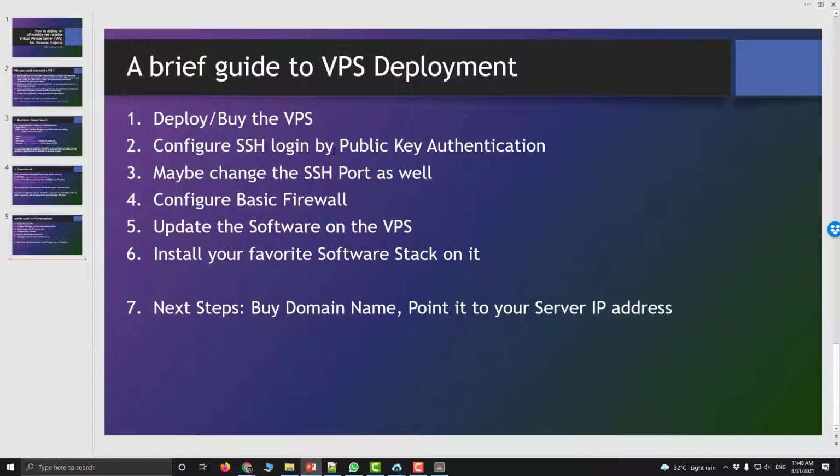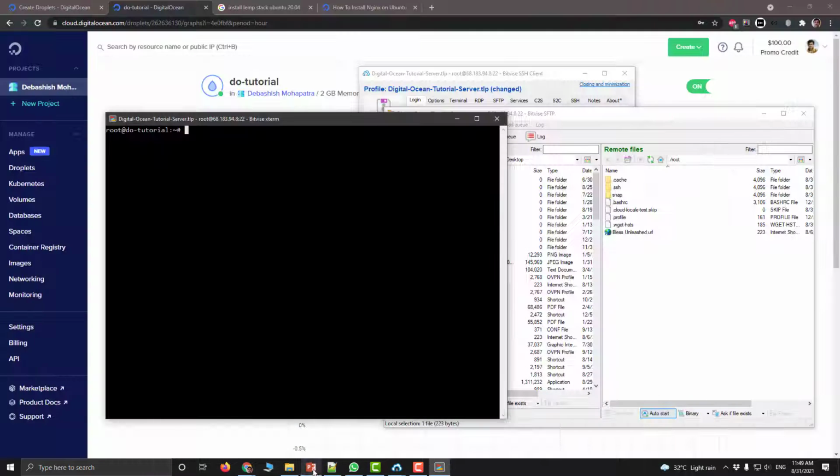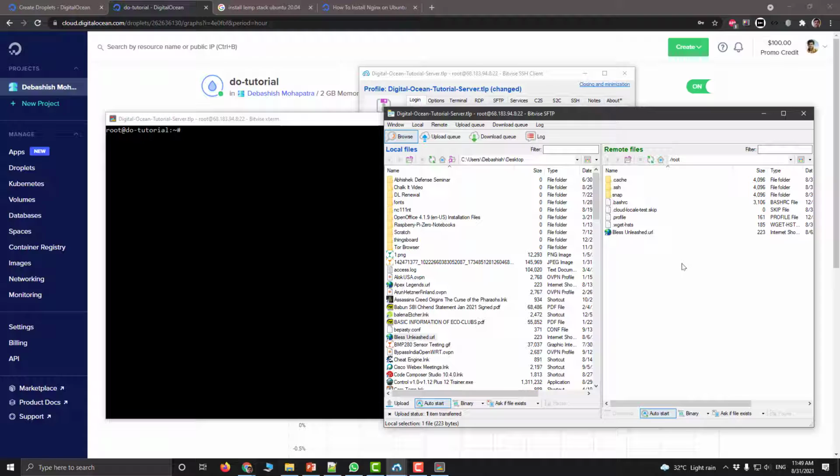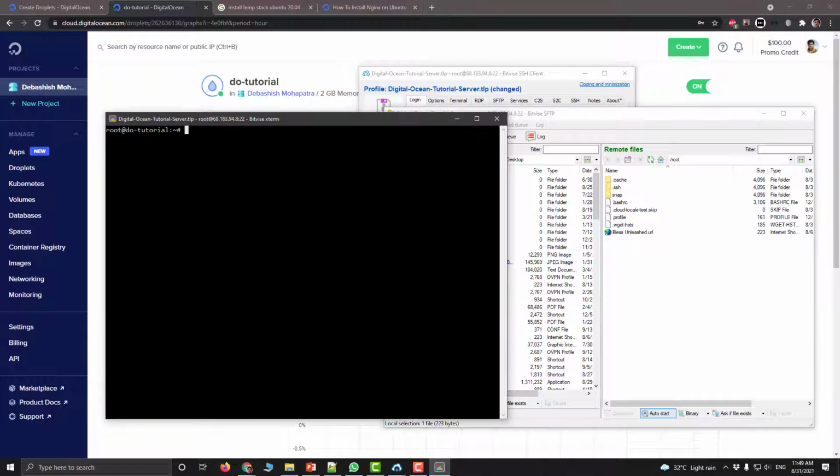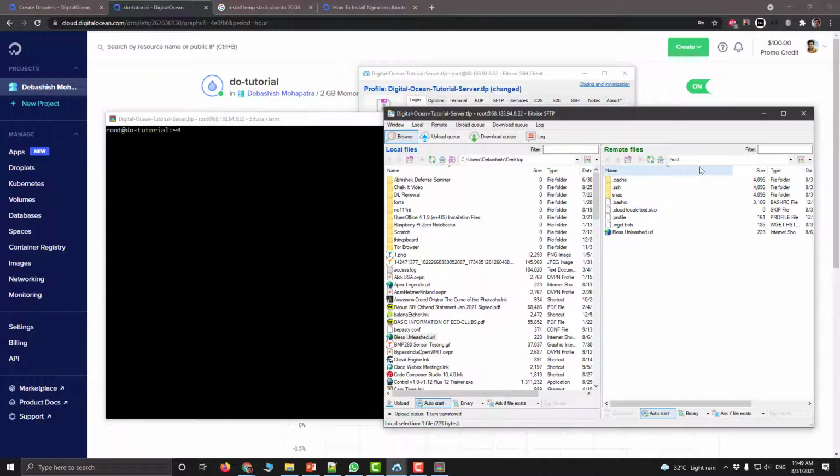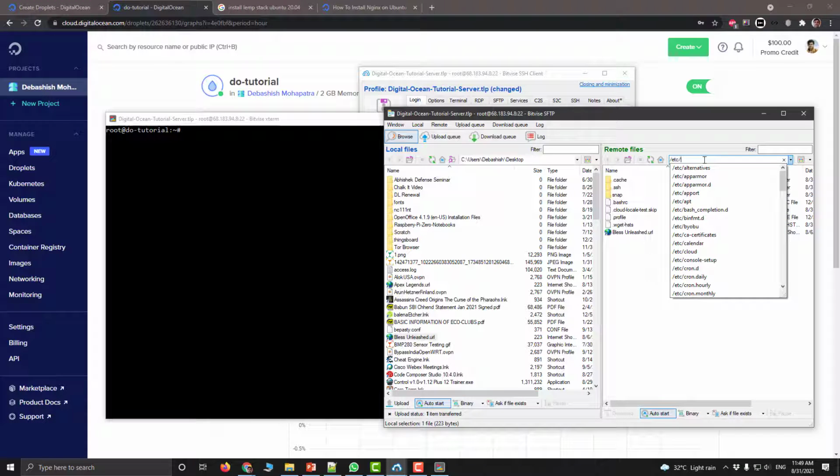As you can see, configure SSH login by public key authentication, and then SSH port. Now this is optional. The thing is, there are many bots on the web. So if you are leaving the server on 24/7 for years or months to come, then most likely they will try to hack into your server by scanning random passwords and everything. The public key authentication system definitely protects it, but with password based authentication, most likely your server will be hacked no matter how long your password is. So if you want to change it,